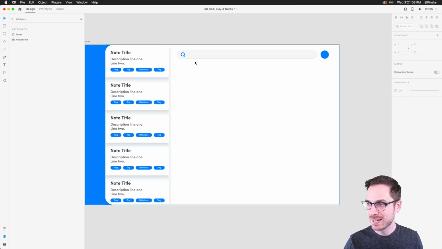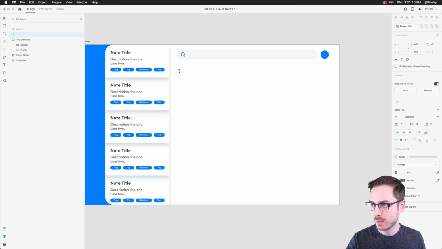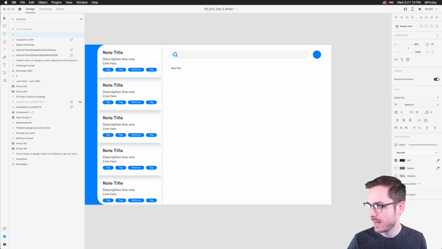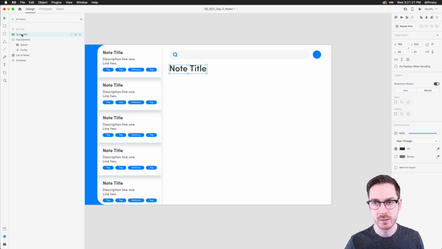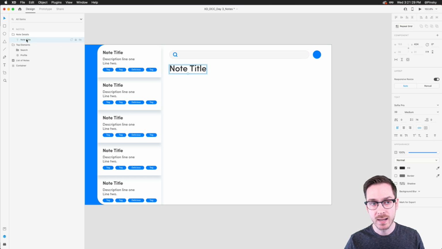Now, very quickly, let's add some additional information. This will be note title. Oops, we can't see it. Let's go ahead and change that. And let's make this larger, right? And from the beginning, I can put this into a group if I wanted to. And this will be note details. And I can turn on stack, make sure it's vertical, and any changes I make now will apply directly to the stack.